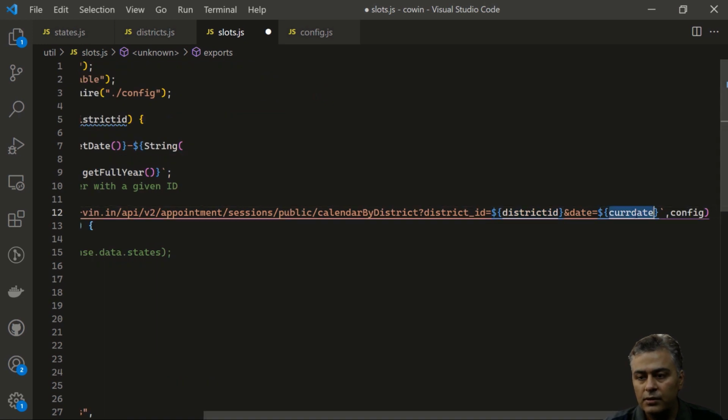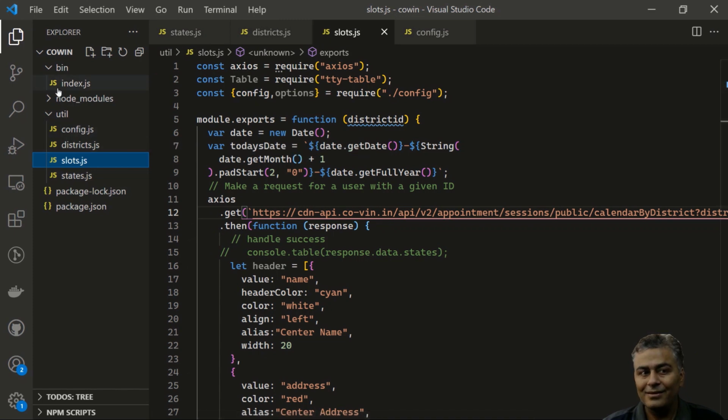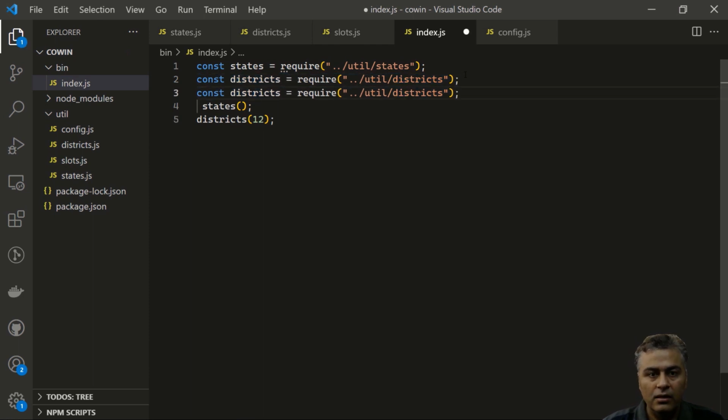So it's today's date and it shall work, right? Now slots has a district ID. Let's go to... now I think it is ready, in the basic sense, not a beautiful one. So if I just import slots